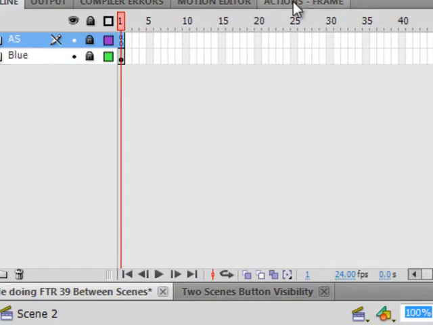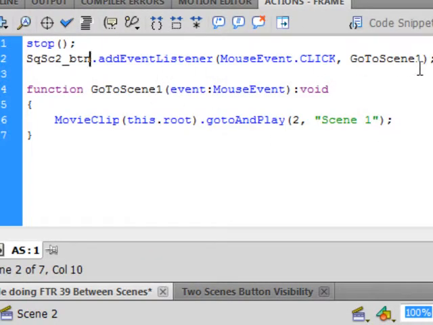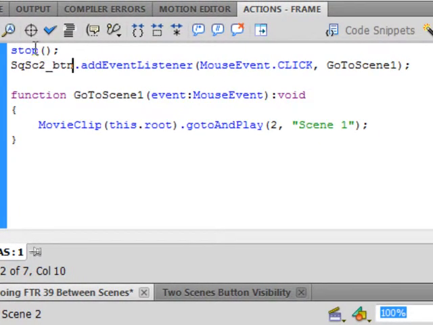And all this is going to do is send me back. So this is much the same. You could have copied some of that and brought it here. Again, there's a stop(); SQSC2_BTN, that's the blue square here, .addEventListener(